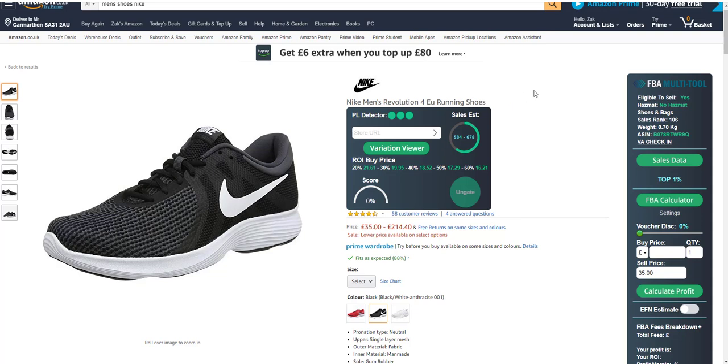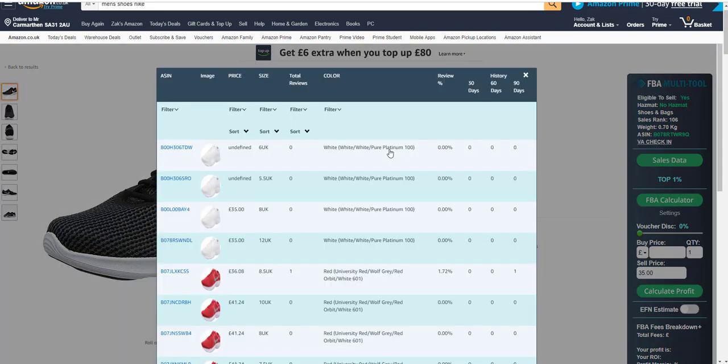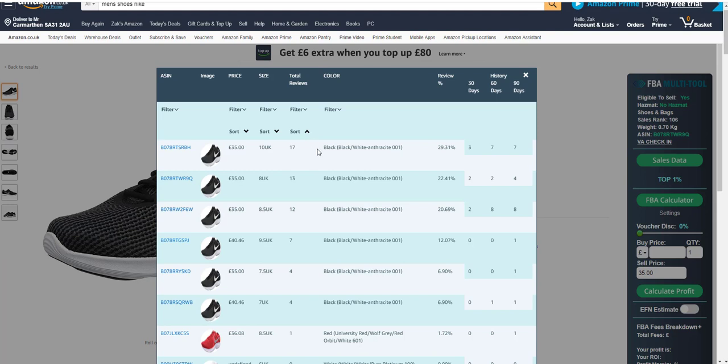Just handy, just something to glimpse at, and you can see whether it's a good seller or not. Under that we have the variation viewer. This is a very handy little feature. Let me just click on that. So obviously with variations you've got so many and you don't know which one's selling well. So to work out which ones are selling well, we'd sort it by total reviews,